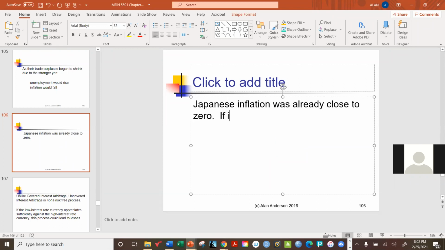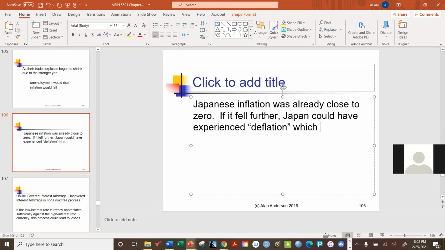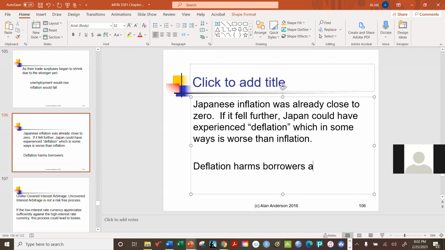If it fell further, Japan could have experienced what we call deflation, which in some ways is worse than inflation. You might not think so. You might say, well, that might be a good thing, having falling prices, but deflation harms borrowers and helps lenders,